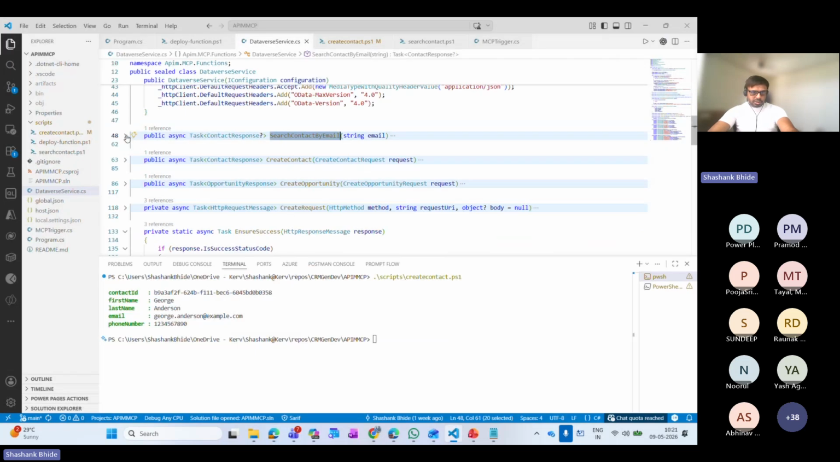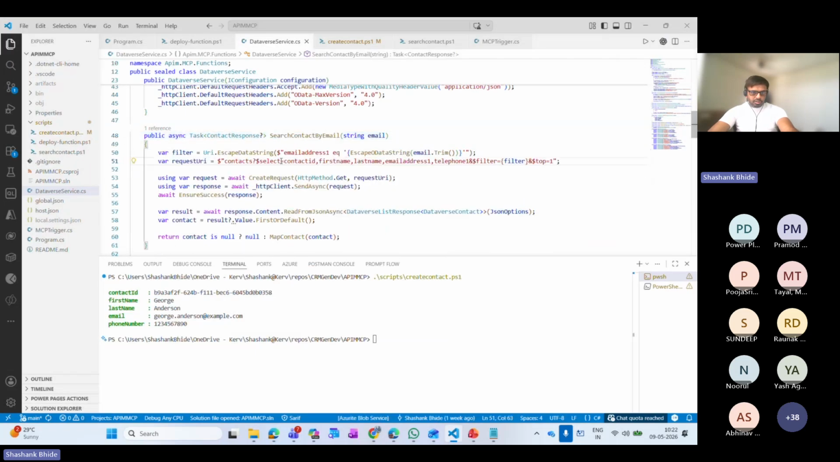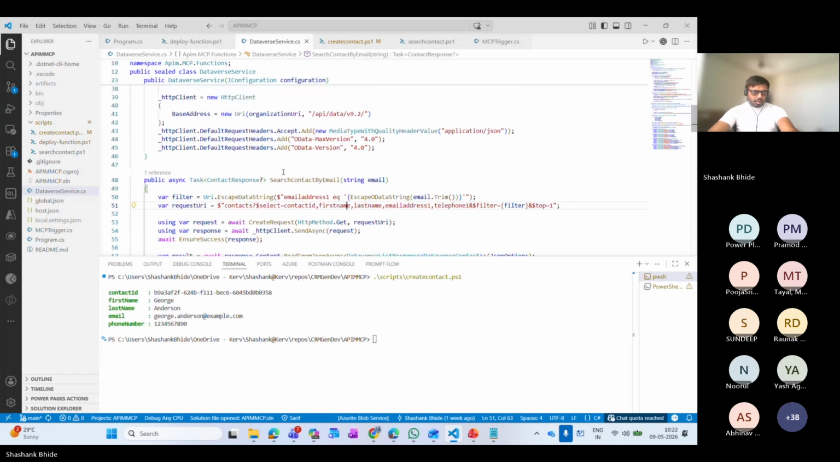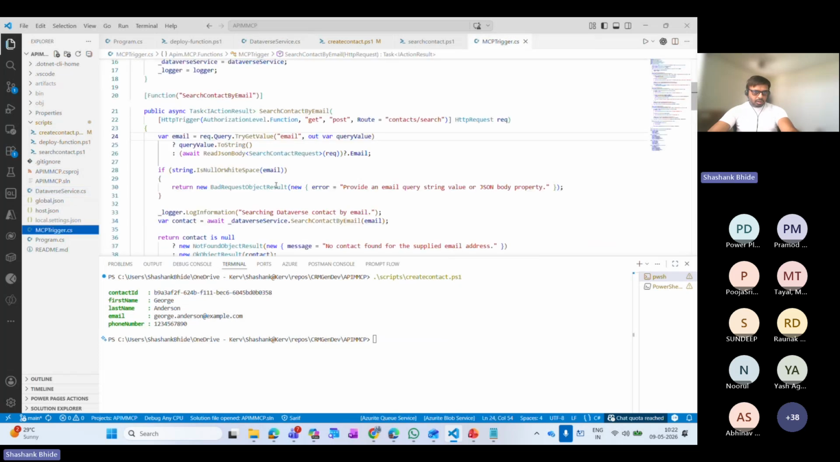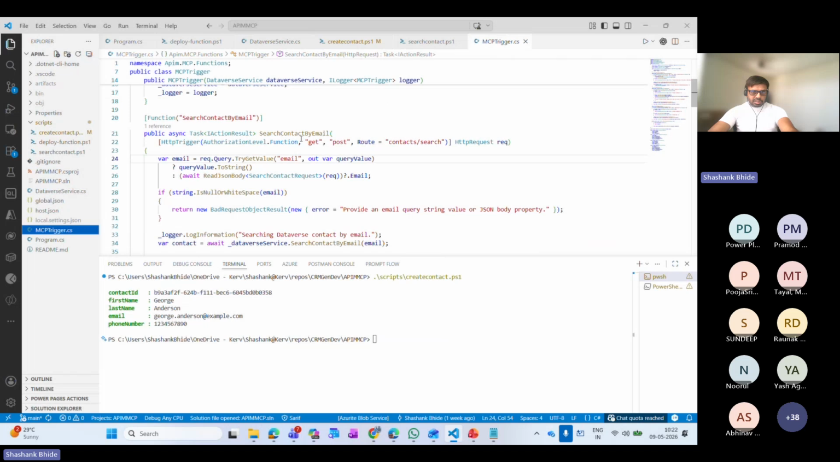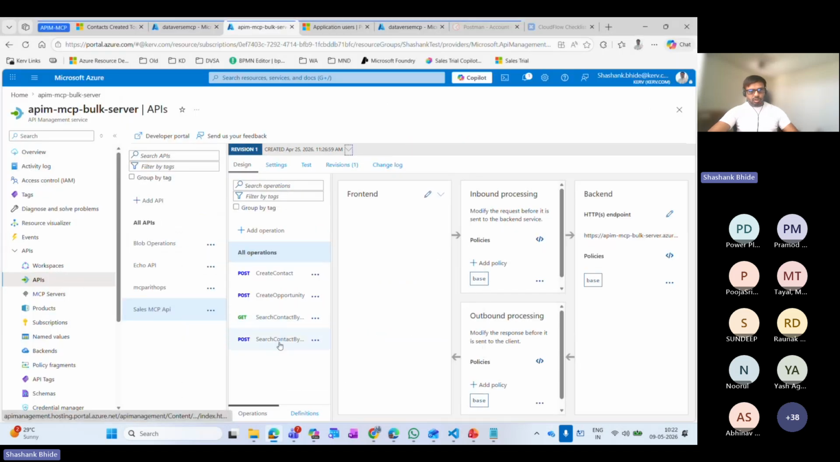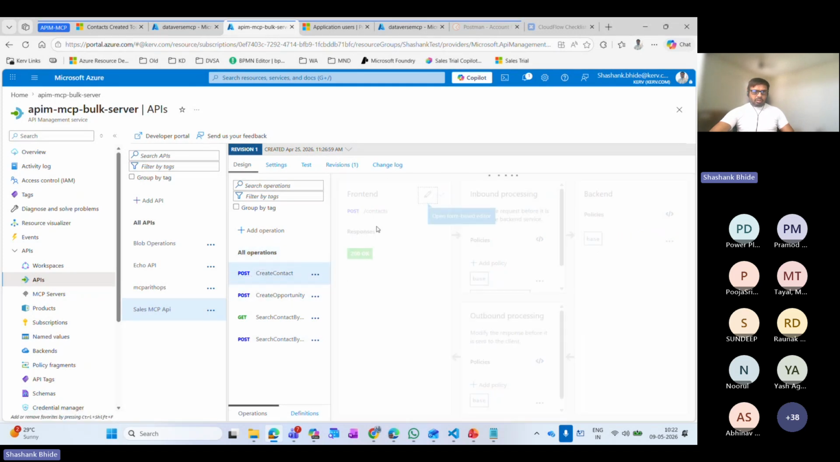So if I open the signature for this, you can see it has GET as well as POST. So that's why there are two operations for one contract, and that's how we have create contact, create opportunity as POST, and these two as GET and POST. Okay, so this is now having its own